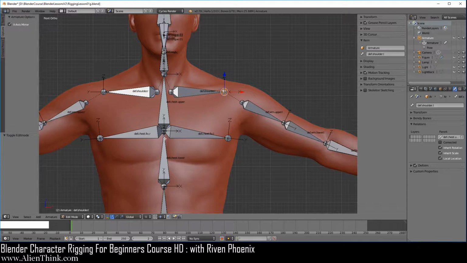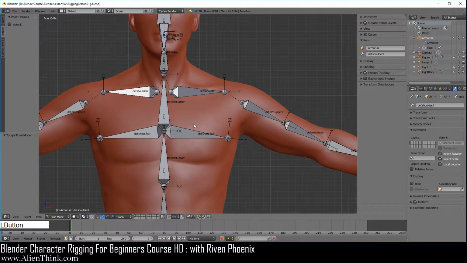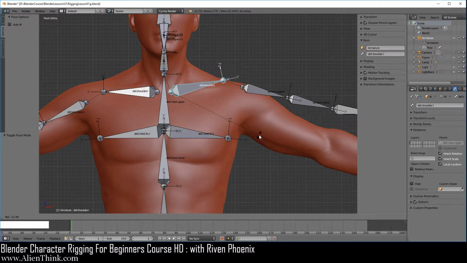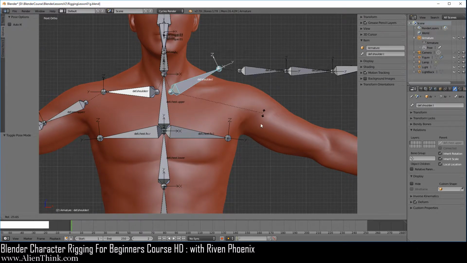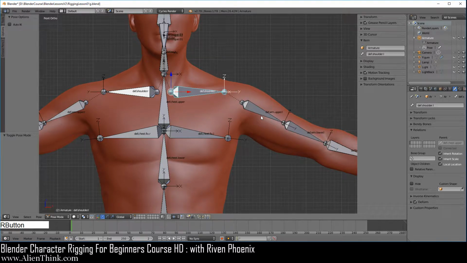Now, when we are dealing with armatures, if we want to see the parent-child relationship working, we have to switch to pose mode. Now, when we click on this bone and press the R key to rotate the shoulder, the child will follow. Right click to cancel this. So this is the special behavior when you are working with armatures. In order to see the parent-child relationships working, we always have to be in pose mode.